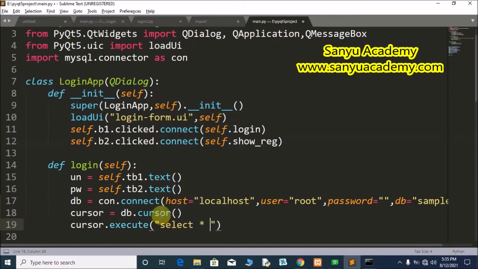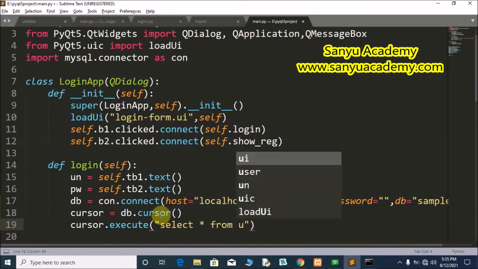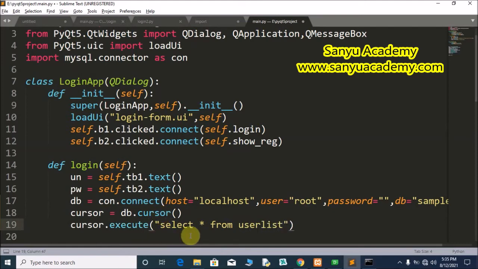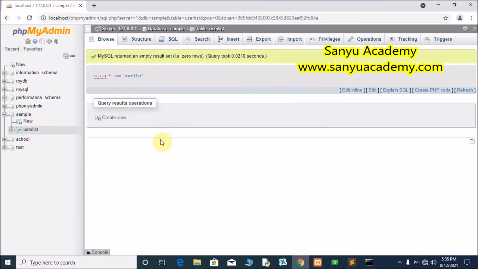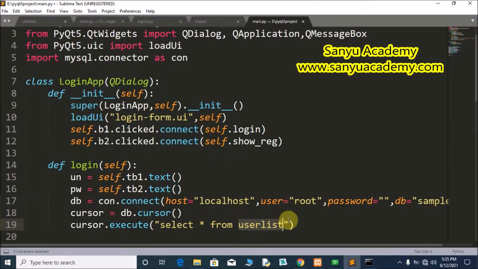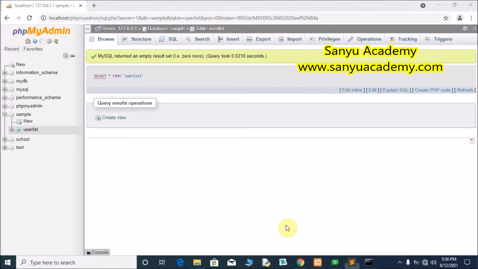Select star from user list. This is a table we have created. Go to the SQL server, the user list, the table we have created. We have to select all the details from the user list, where username, the first field is username.